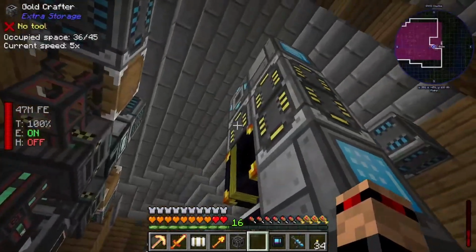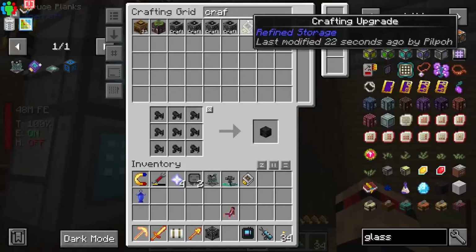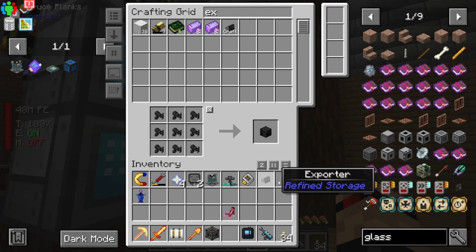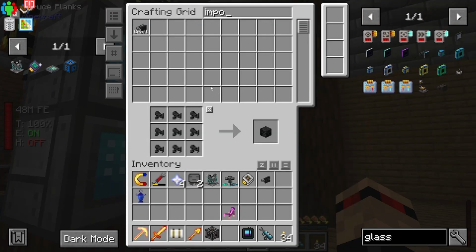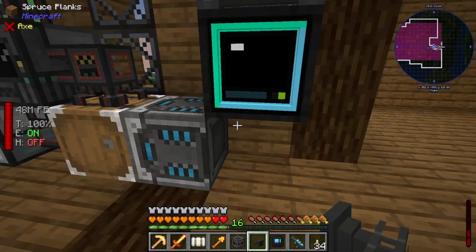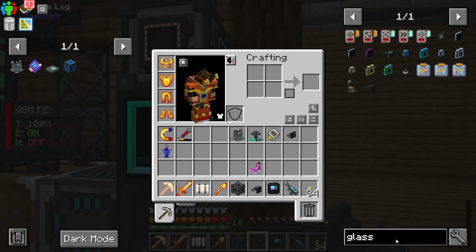Anyway, right, let's put this... no, we want some exporters, which I've already got one. We're not going to do like a higher tier exporter, we don't need it. Importer. Let's craft one of those. Do we need to import it from here? I might set up the...